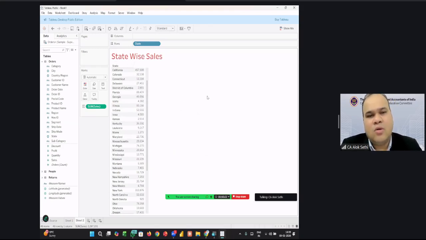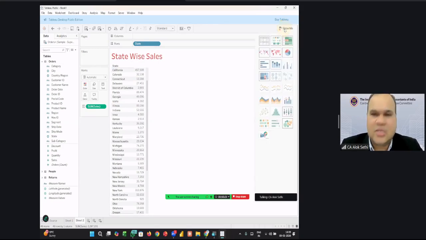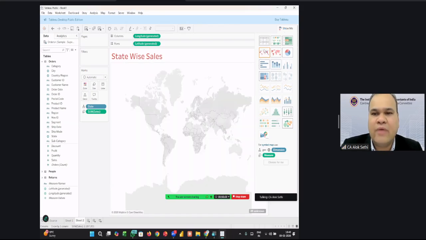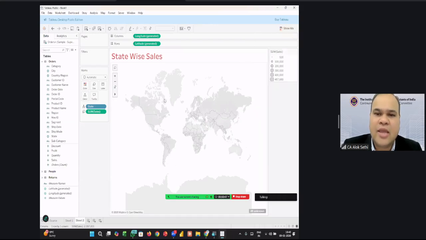Now I don't want to see a table. Table I can see in Excel also. I want to see a visual. So let's convert this into a map. So here we have Show Me, and in Show Me, you have different visuals which are already there. There are so many visuals. I have selected the symbol map, and it has given a